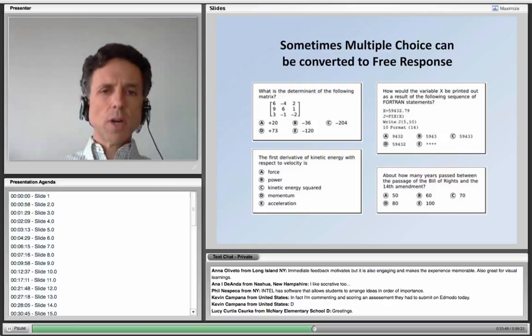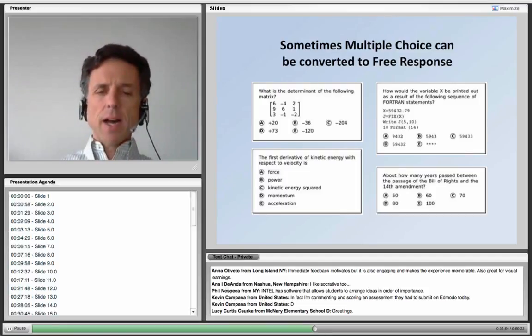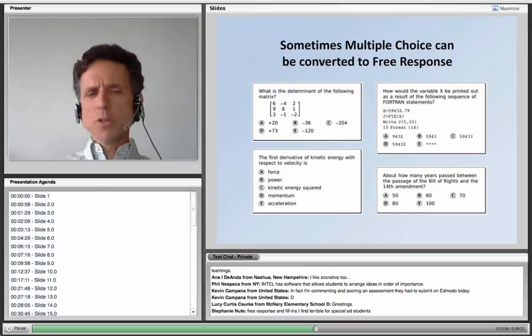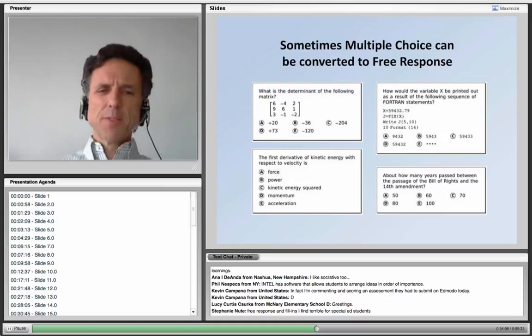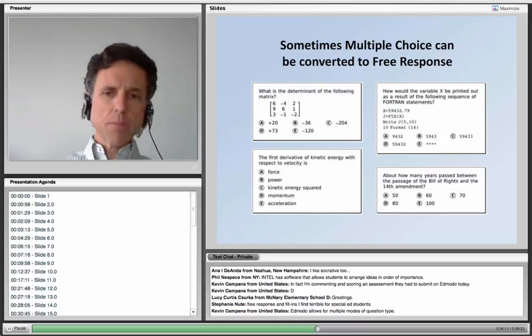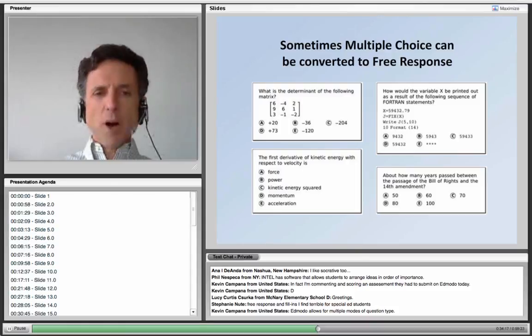Most vendors that do scoring software for devices can score short answers like that. Now, they might interpret the first 4 as numbers and then maybe have a little bit more trouble with the asterisks, trying to distinguish between a number and a text string. But I think most software could probably handle that. Then you get to the ones on the left. Again, if the software is pretty intelligent, the plus and minus in front of numbers shouldn't throw it off. It should still be able to recognize it as a numeric quantity and be able to say if the student got the right answer. The bottom left one starts to get a little bit trickier because